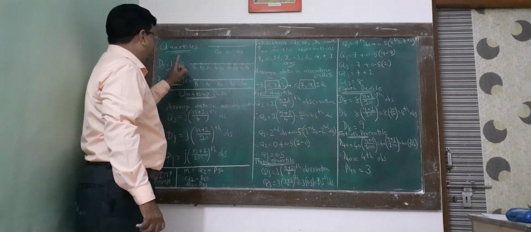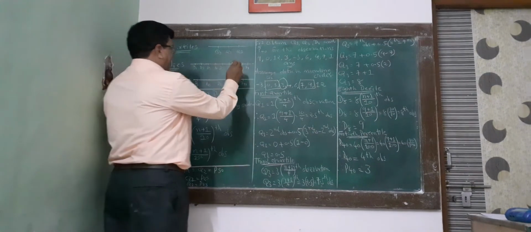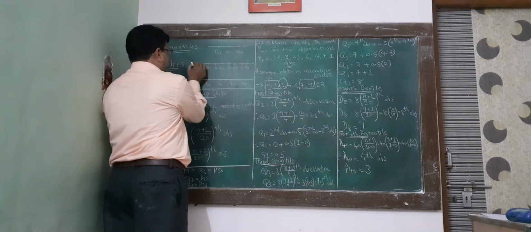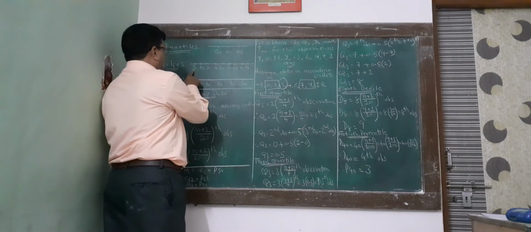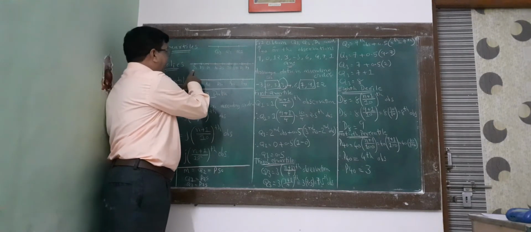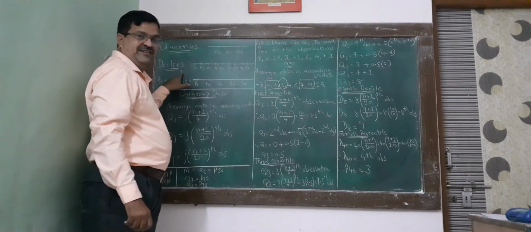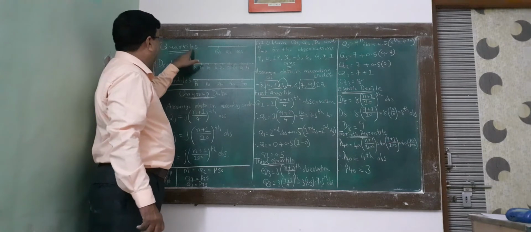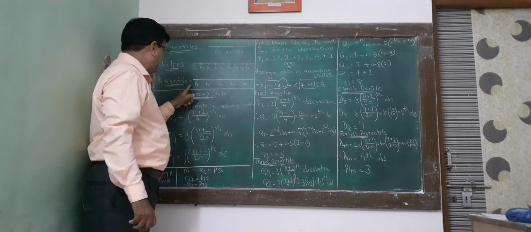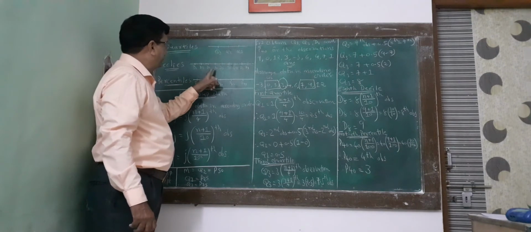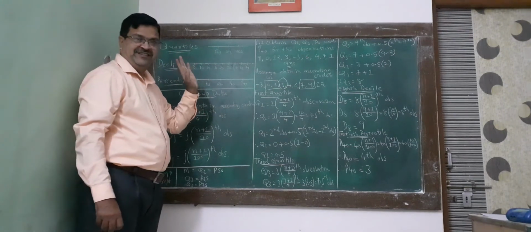Then deciles. Deciles mean dividing the data into 10 equal parts: 1, 2, 3, 4, 5, 6, 7, 8, 9 and 10. Then you require 9 deciles, D1, D2, D3 and so on, so there are 9 deciles which convert the data into 10 parts. 3 quartiles convert the data into 4 parts. Now for percentiles, the same way, P1, P2, P3, P4, P5 up to P99, they convert the data into 100 parts.